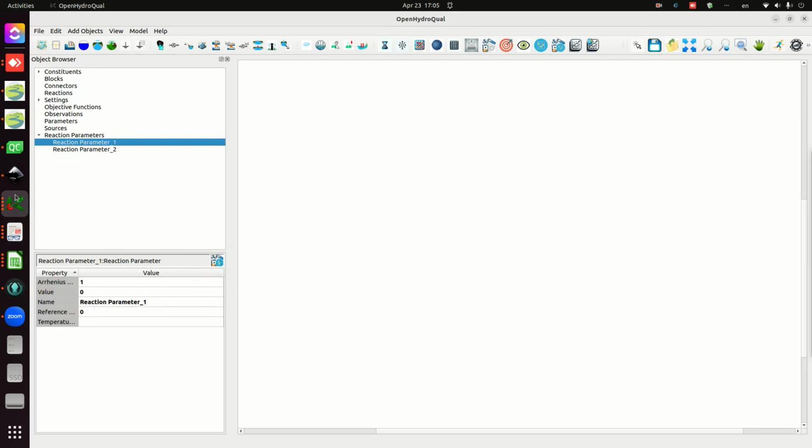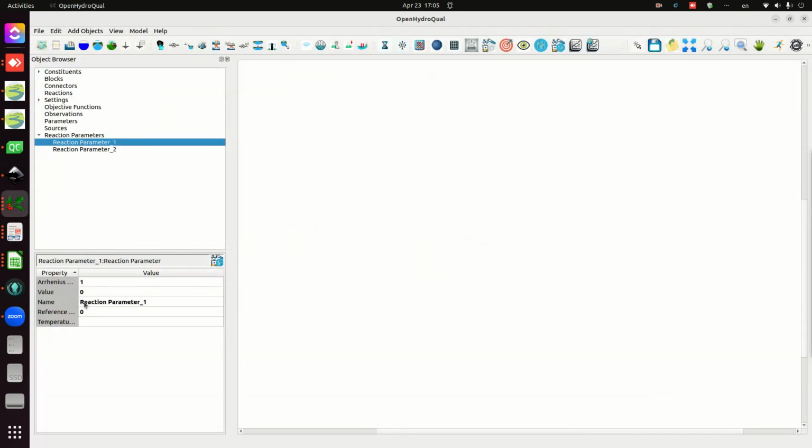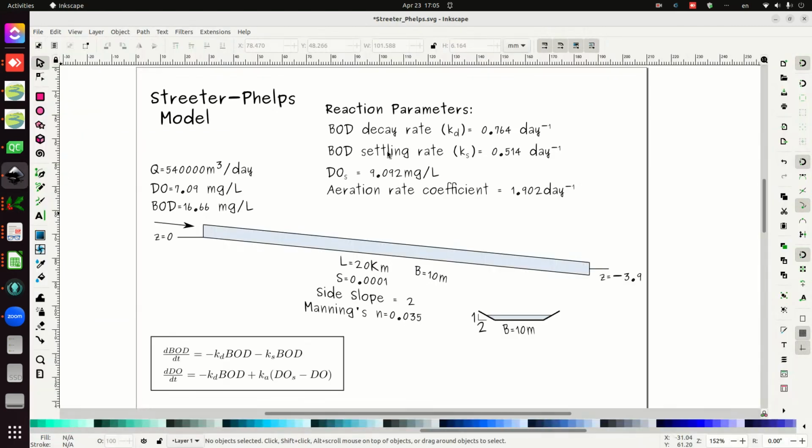The first reaction parameter is going to be K sub D, and the second one is going to be K sub S. So let me call this K sub D. I'm going to use lowercase, and I'm going to use underscore for subscript. And the value of K sub D is